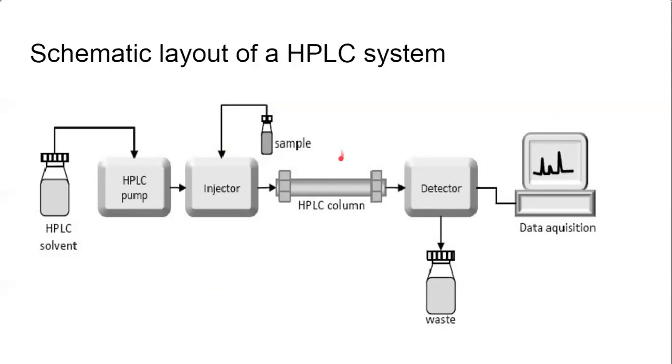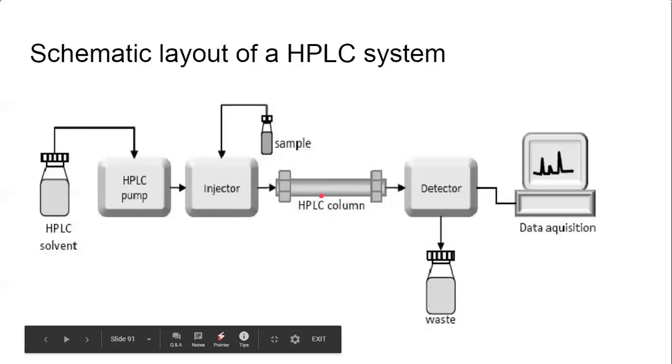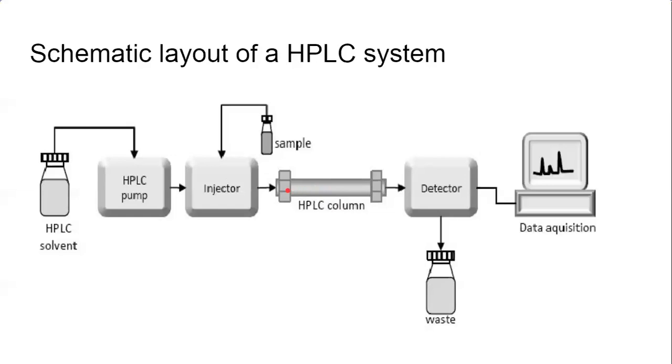The nature of the silica is polar. If we are using silica G, that is non-polar in nature. So selection of material is also very important. The selection of the stationary phase material, or the nature of the stationary phase, depends on the components which are to be separated.